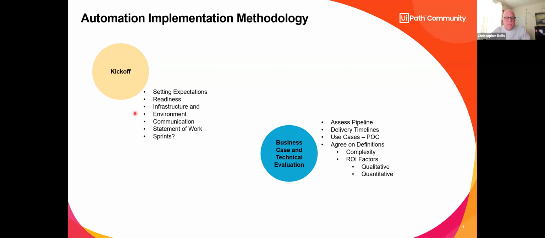Business case and technical evaluation. You may not have a pipeline to work with. In their minds, when they got this idea that they wanted to buy UiPath and get some licenses, some studios, spin up some servers, they have in their heads an idea of what they want to tackle.